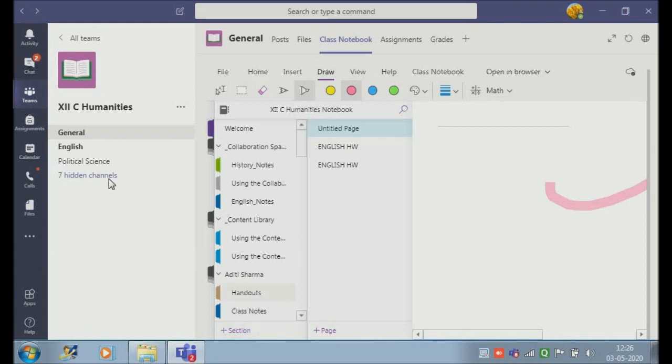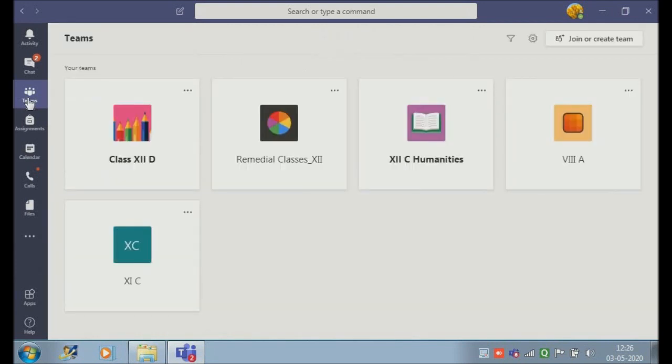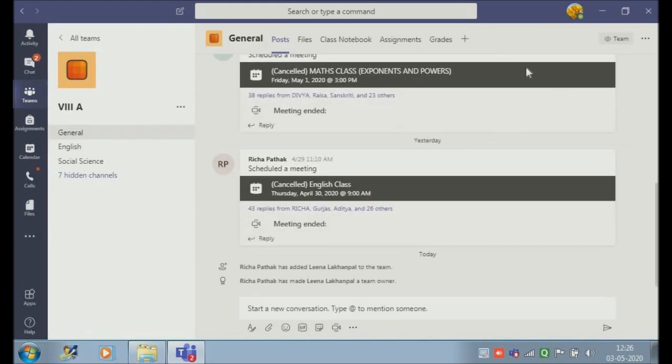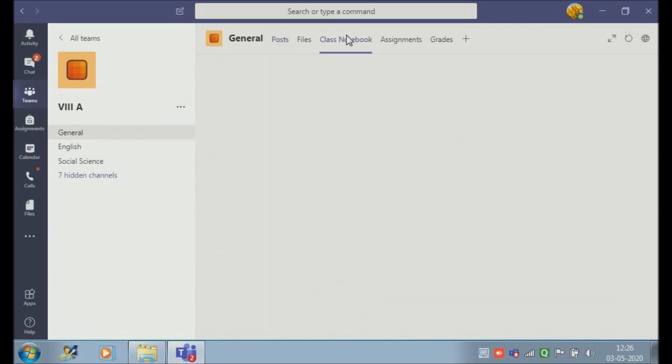I want to show you another example. I am just opening another team. This is a class team of 8A, where I have just posted one homework in the computer section.